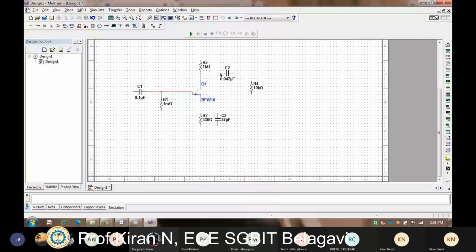Click on this capacitor, drag it and connect it. Click on this source terminal with this resistor and connect it. Again click here, like this.